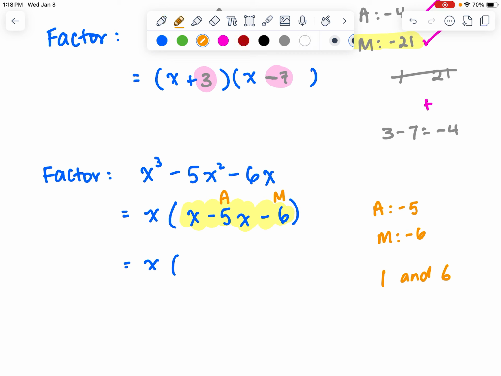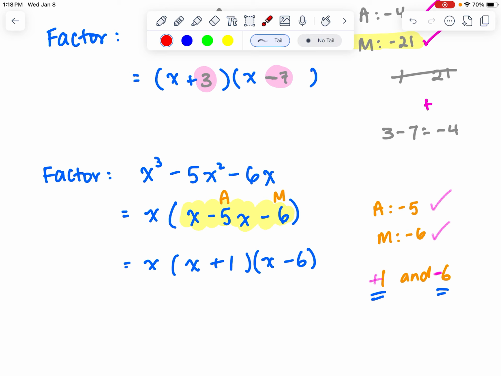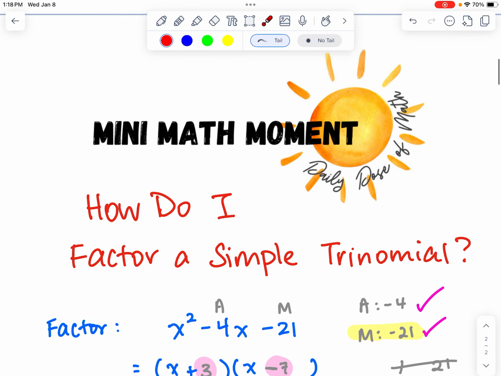And we'll do our quick double check. Do they add to -5? Well, not yet. I guess I need a negative there. Now they add to -5, and a positive and a negative do multiply to a -6. I've got my answers now. So now within the bracket, I say x and x. I'm going to put my +1 in one of them and my -6 in the other. And because for multiplication, the order doesn't matter in terms of which goes first, these can be switched, and so can these. And that's how we